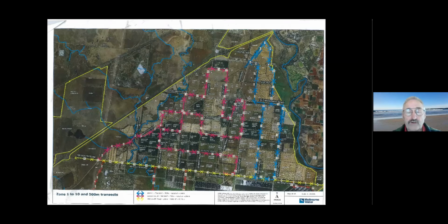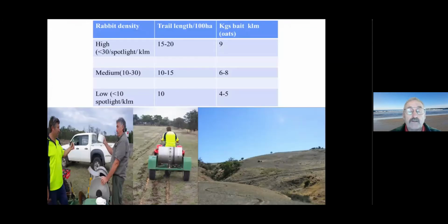The transect can also be used in your control program because it will give you information on the number of rabbits per spotlight kilometre, and then there are conversion tables for oats. There's ones for carrots as well, and for the number of rabbits you've got per spotlight kilometre, the amount of trail that you need to put out, and the number of kilos of bait that need to go in there